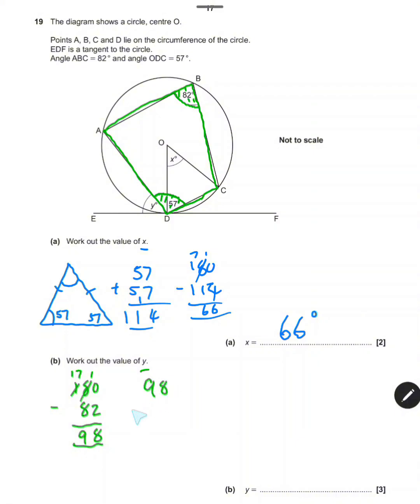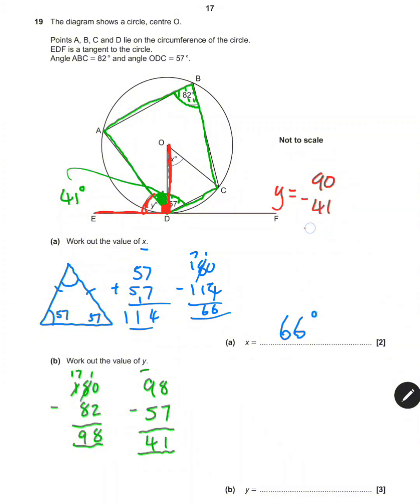So let's do 98. Take the 57 that we've already got. 8 take 7 is 1. 9 take 5 is 4. So this angle here is 41 degrees. We're actually looking for y, which is this angle. But what we've got is a tangent meeting a radius, and they always meet at 90 degrees. So to get y, I'm just going to need to do 90 degrees, take away the 41 that I've just found,